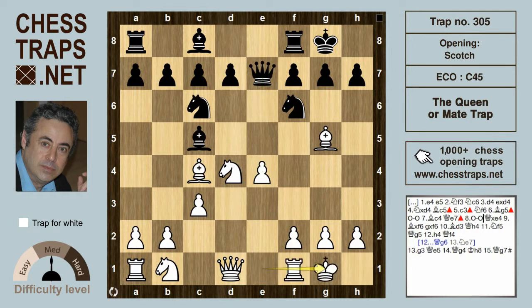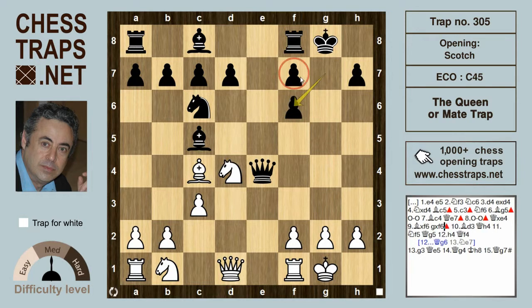Well, white plays castles, a decent move, and offers up this pawn on e4. And if black takes it with queen takes e4, then white is going to be firmly in the driving seat and totally in command, because white will continue now bishop takes on f6, and after g takes f6, the pawns defending the king are in total disarray,